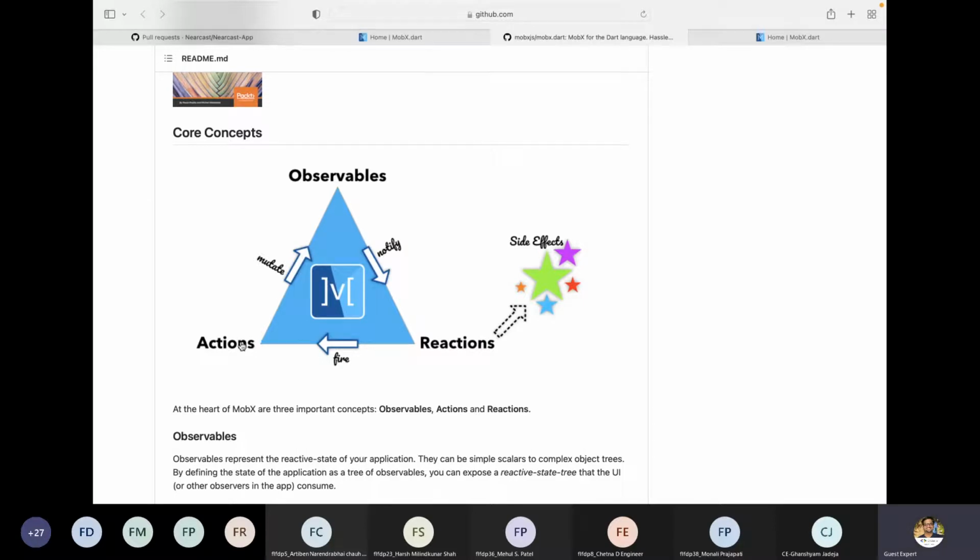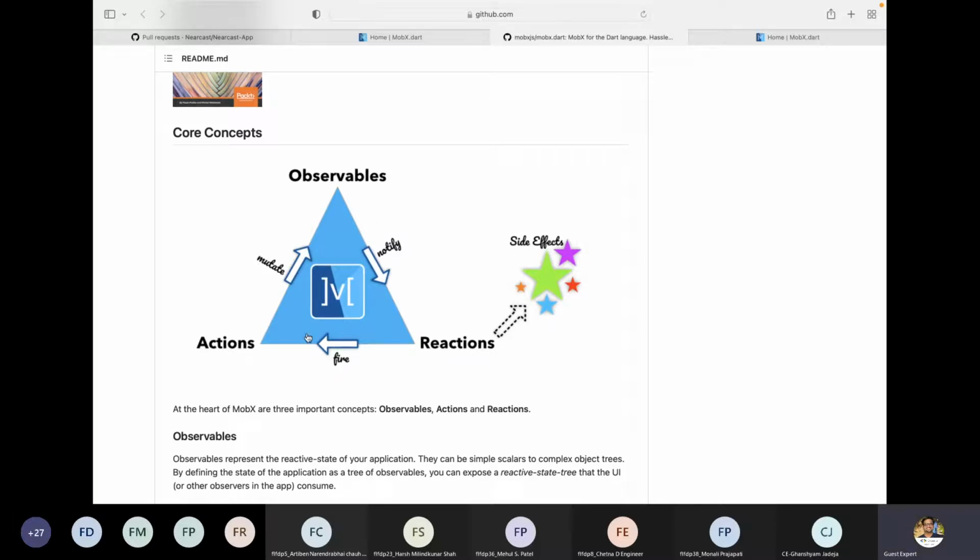Once you fire an action, it will change the value of the observables, and those components who are observing the observables will get notified, and from that reaction, the user makes any interaction that will raise the action again.